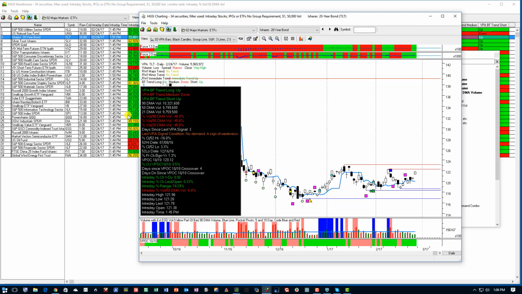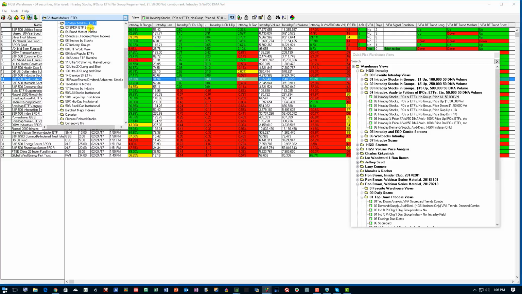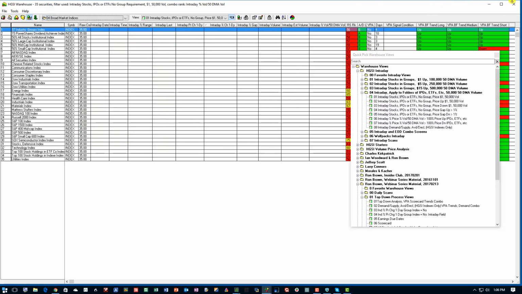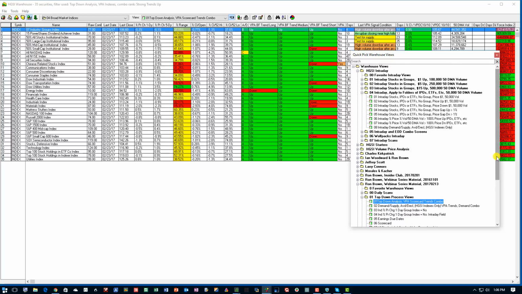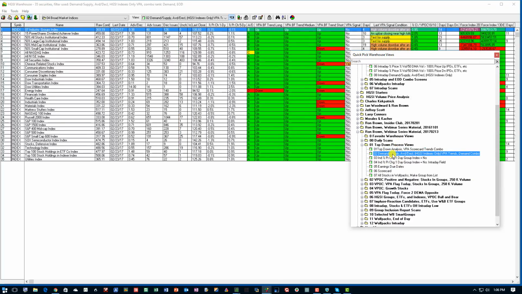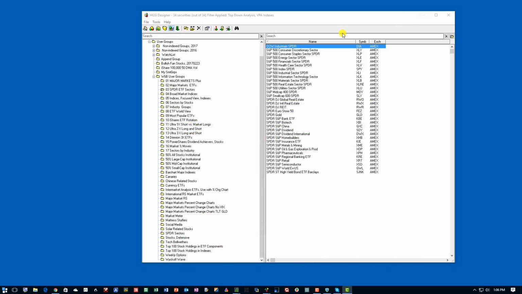So anyway, you have the option of looking at the intraday data on a 15-minute delayed basis, and then you can analyze the charts. Now let's take this a little bit further. I've already been in this view. I'm going to go down to what I call my broad market indices, and go back down here to the daily process views. Actually, I'm going to go into the number 2 view in my top-down process, and at this point I'm going to close this,